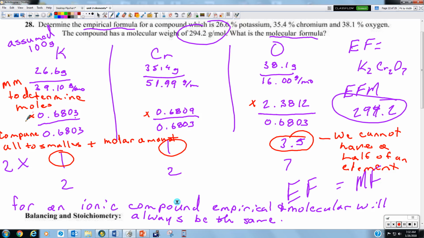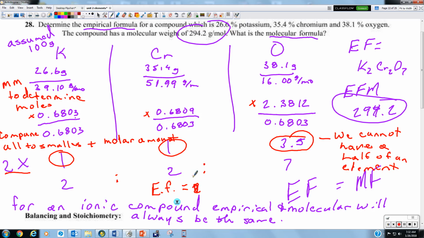So what I do is I multiply everything by 2, which makes my ratio 2 potassiums to 2 chromiums to 7 oxygens. So it becomes 2 to 2 to 7. 2 times 1 is 2, 2 times 1 is 2, 2 times 3.5 gives us 7. So our empirical formula, our EF, becomes